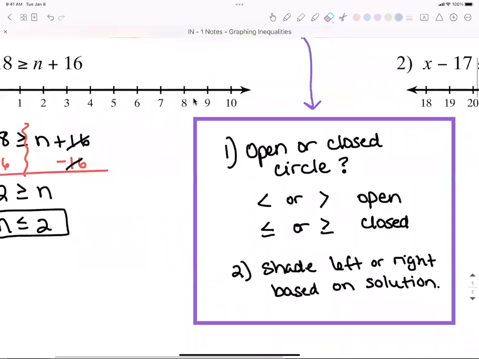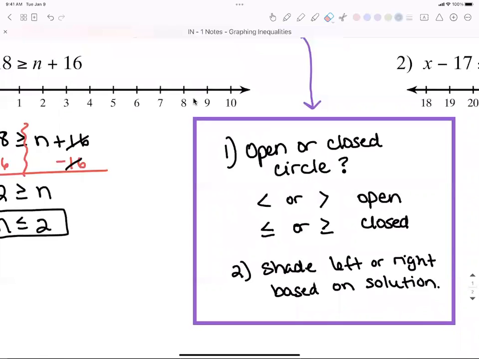This is what you need to write down as far as your notes. Okay, open or closed circle. You have to decide that first, and the way you decide it is your inequality sign. If it's a less than or greater than with no line underneath it, it's an open circle. If it has a line underneath it, meaning or equal to, then it is a closed circle or a closed